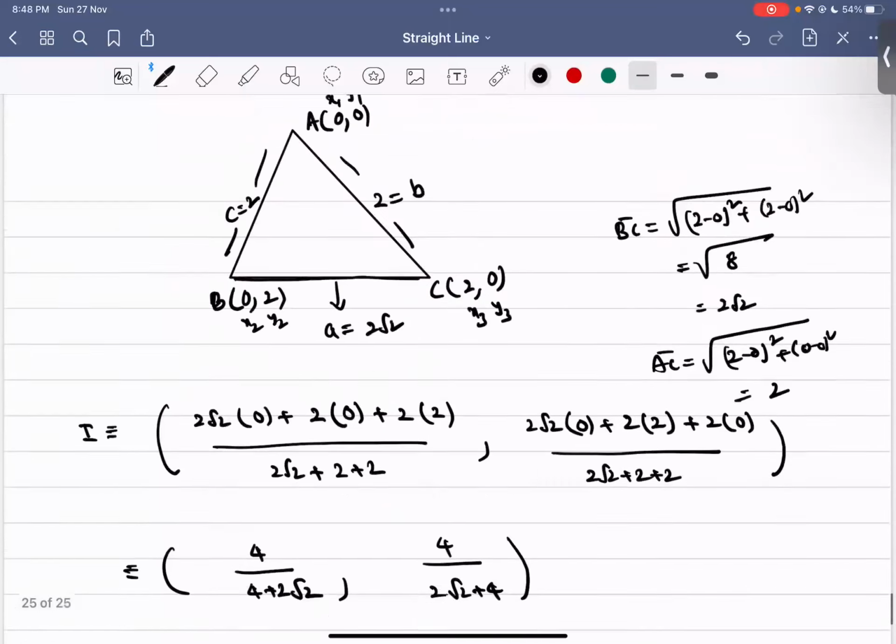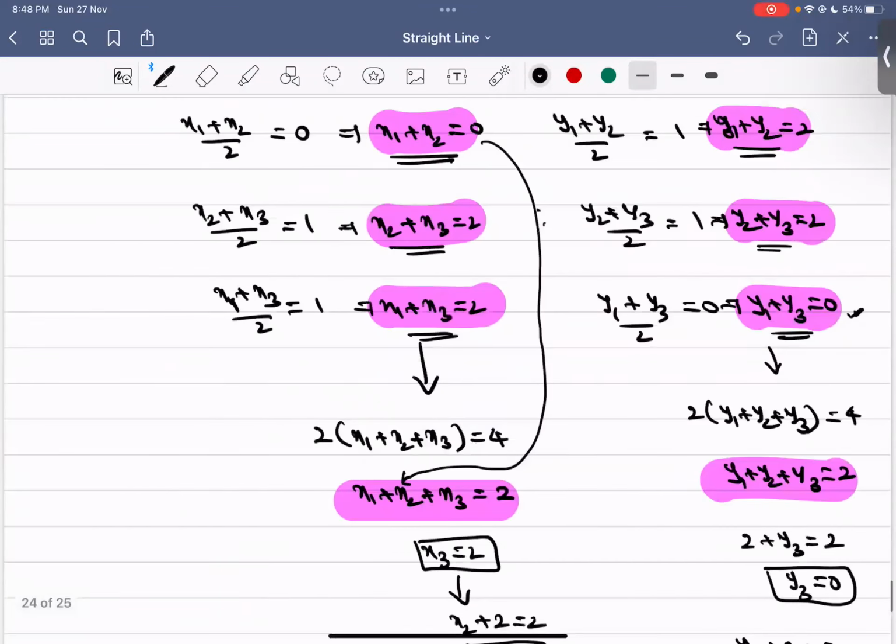Okay? Clear? Coordinates of the incenter. Next question is,